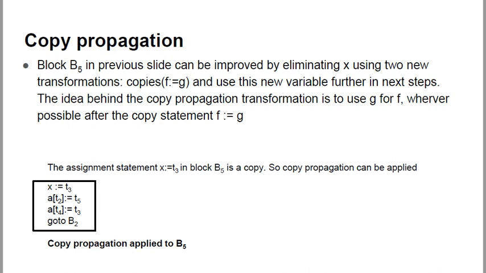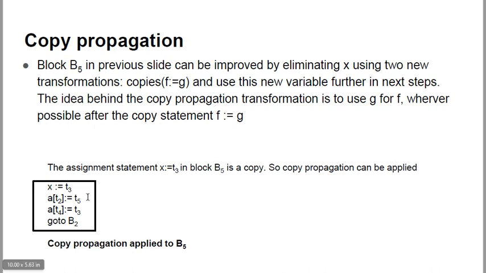The idea is that if there is a statement F is equal to G, then from the next step onwards, the copy propagation transformation is to use G for F. Means wherever we see this F in the rest of the code, we can use G for that.